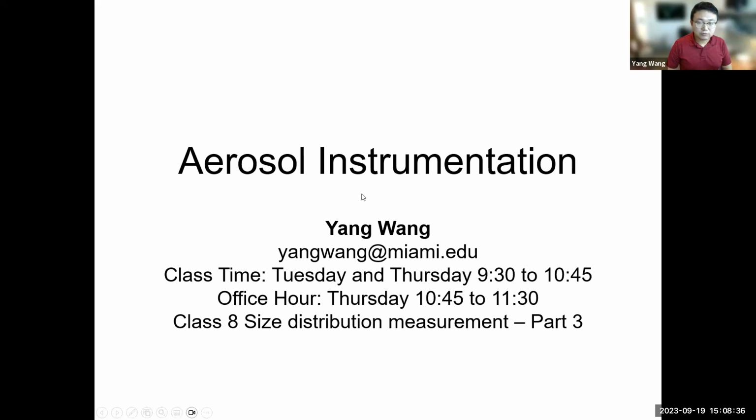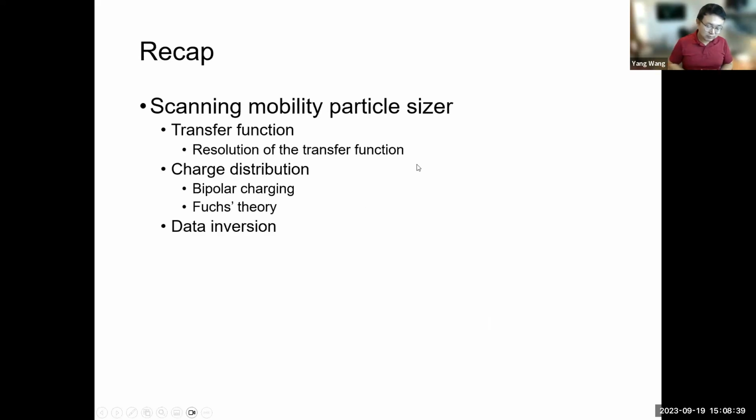If we do a quick recap of our last class, we mainly discussed the transfer function. We showed how the DMA is actually not classifying particles of exactly the same size, and we discussed the resolution of the transfer function. The transfer function is a triangular shaped function when the aerosol flow matches the sample flow. We also discussed that for small particles, because of diffusion, there is a broadening effect of the transfer function. We also discussed that the charge distribution affects how the SMPS measures the